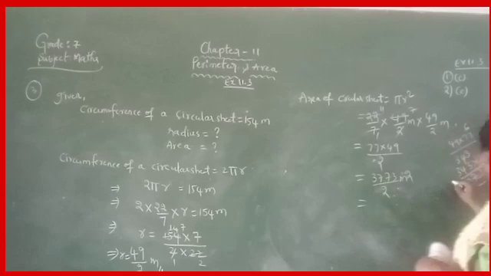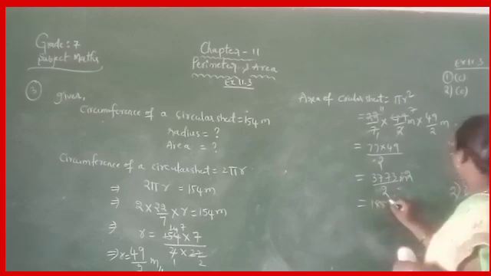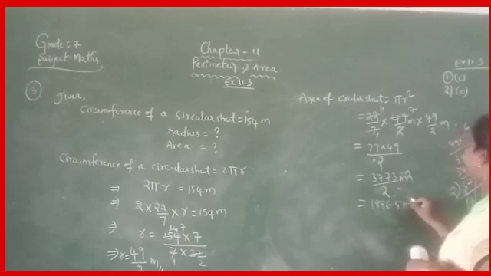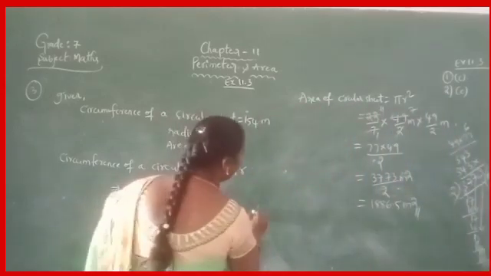So again convert it into decimal. That is 2 ones 2. 1 is the remainder, 70. 2 eights are 16. Again 1, 7 take. Again 2 eights are 16. 1 next to 3. 2 sixes are 12. 1, take the decimal point and take 0. 2 fives are 10. So what is that? 1886.5 meter square.